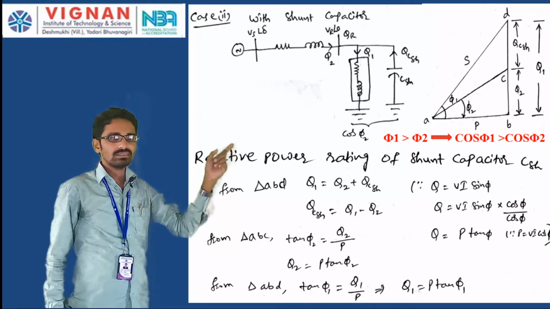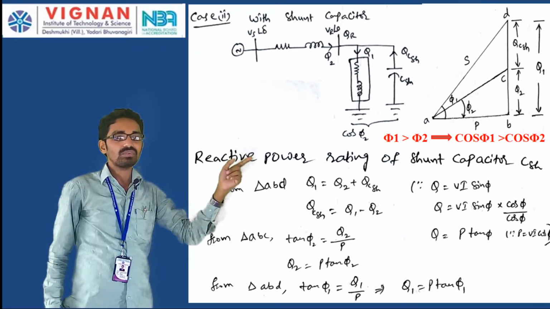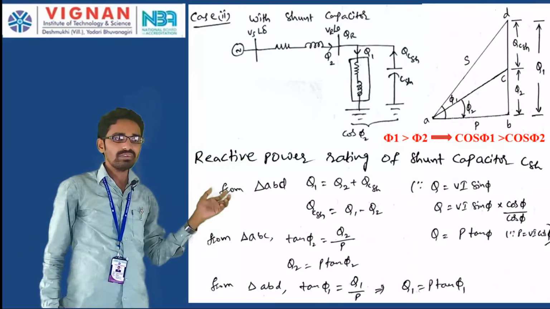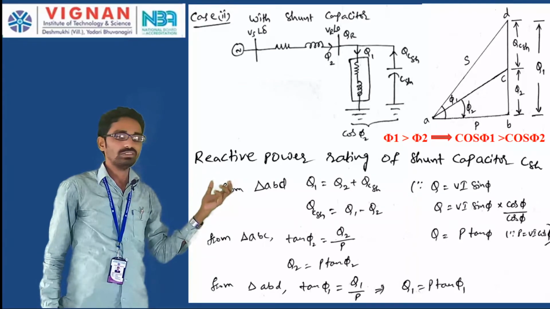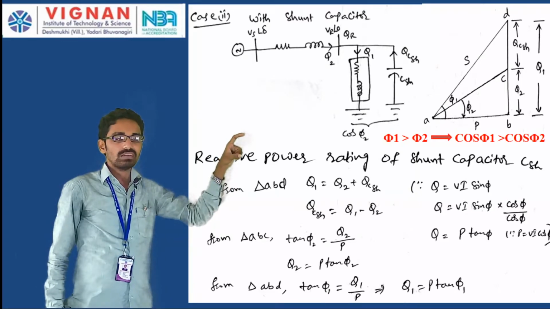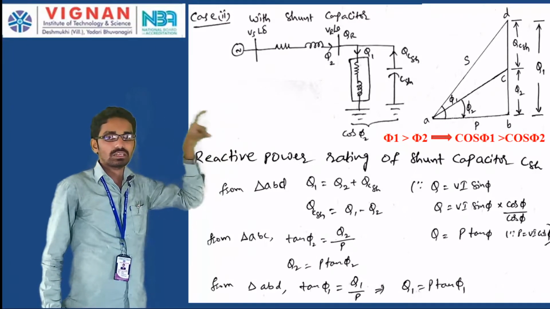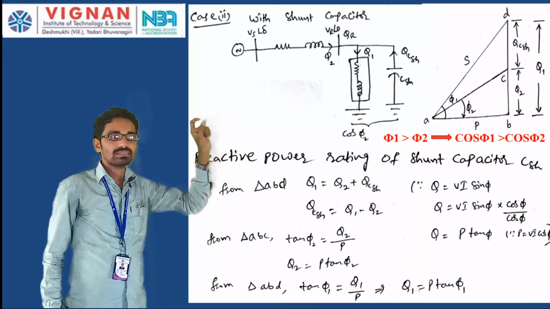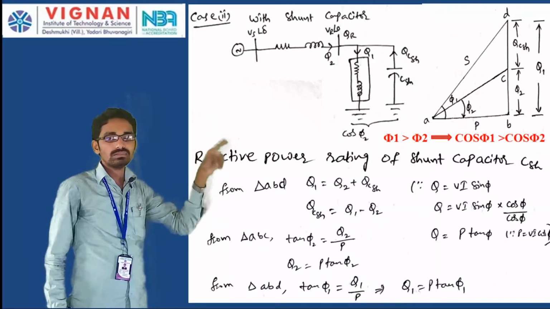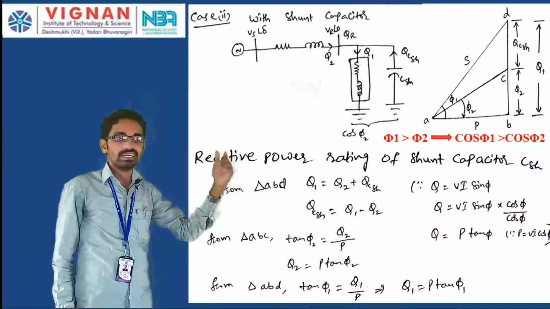And as well as you know that Q2 is nothing but the reactive power supplied by the generator. Then what happens here, in the previous case, Q1 is 10 units. Here Q2, in that phasor, is 8 units, the QCSH, that is the shunt capacitor reactive power, is 2 units, then you are having the total of 10 units being supplied with the help of the shunt capacitor connected in parallel.